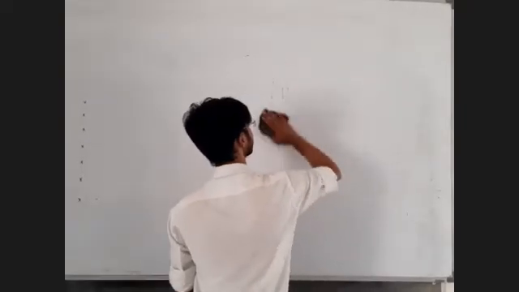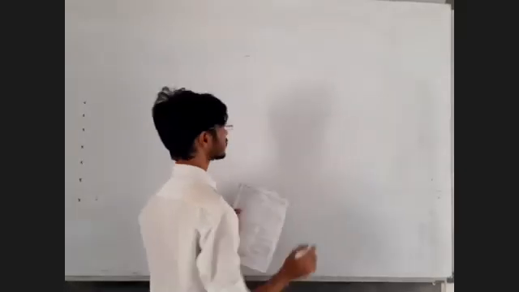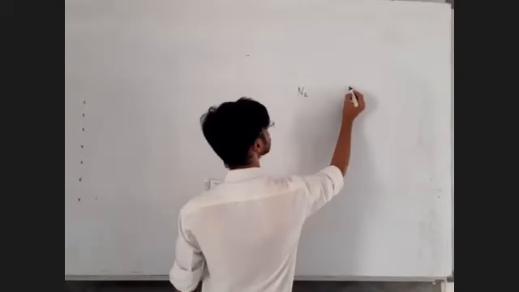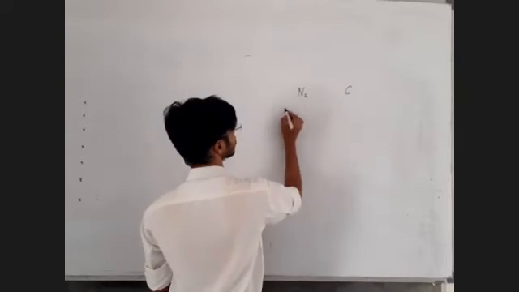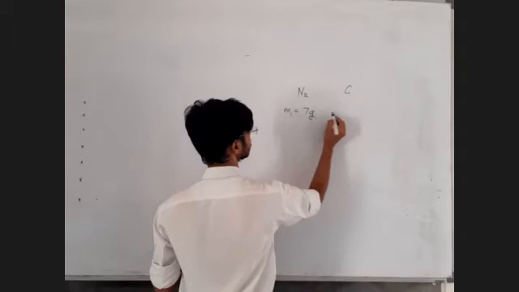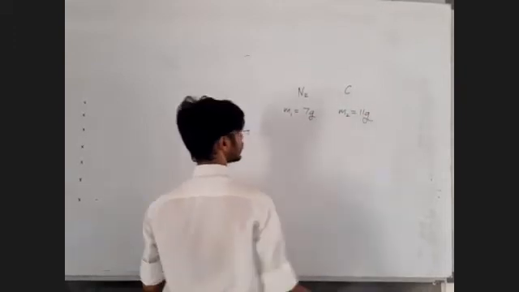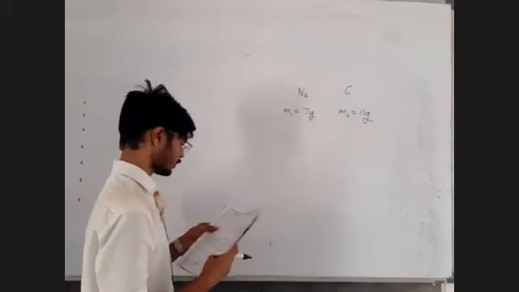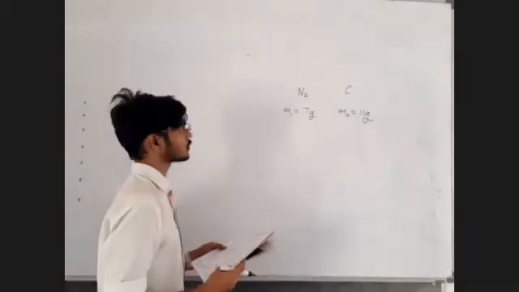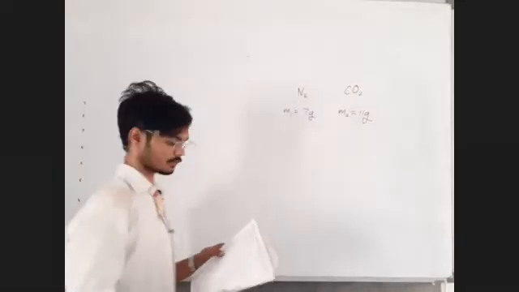Above that small m, write down the column of N2. Let's write the information of nitrogen like this. See how the data is extracted. N2 nitrogen, carbon C, mass M1 as 7 gram and mass M2 of carbon as 11 gram. A vessel contains a mixture of 7 gram of nitrogen and 11 gram of carbon dioxide. Okay, carbon dioxide it is, not carbon. Fine sir, no problem, it is carbon dioxide.